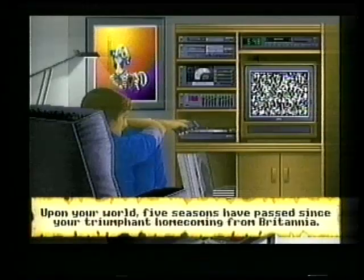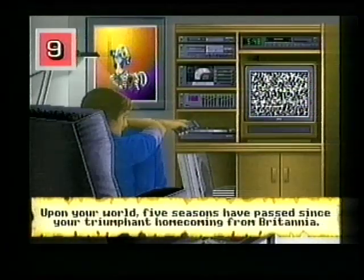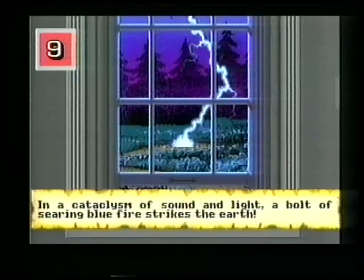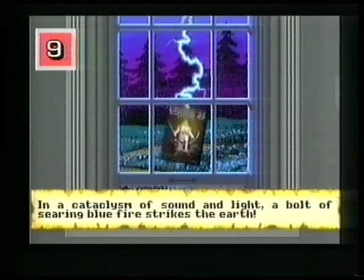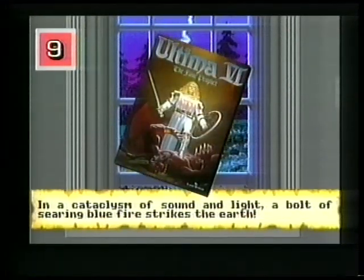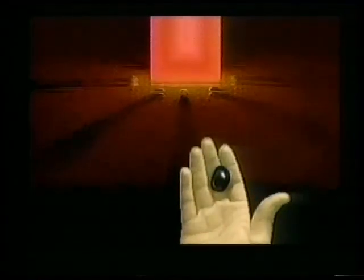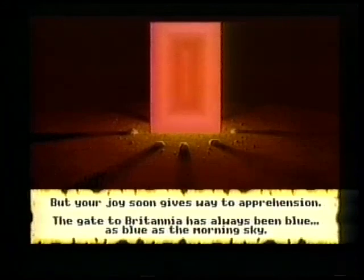Is life becoming a little mundane for you? Looking for something to put a little spark in your day? Then look no further. You've entered the fantasy world of Ultima VI, the False Prophet. Join us as we celebrate the 10th glorious anniversary of the Ultima series, letting the power of the Moonstone teleport